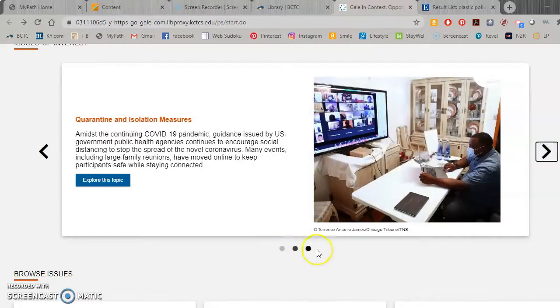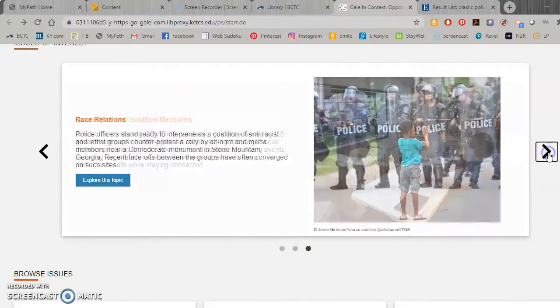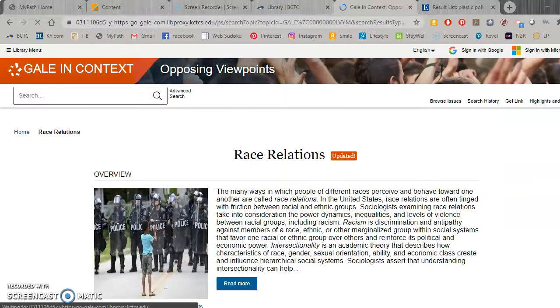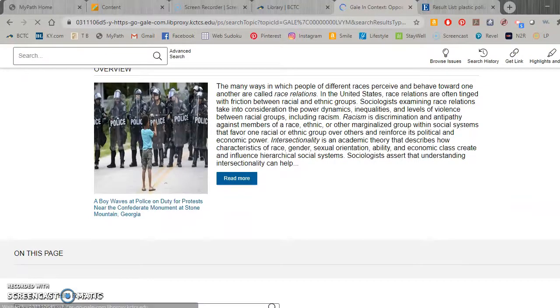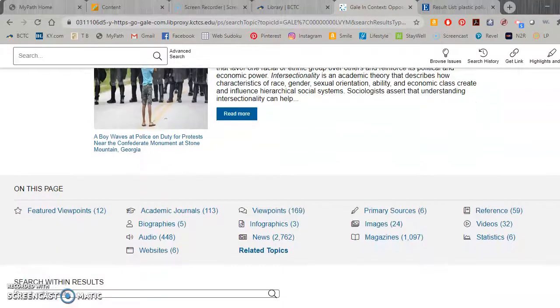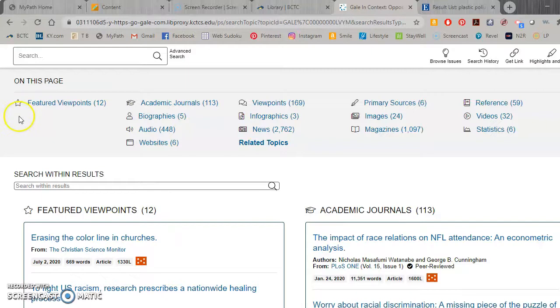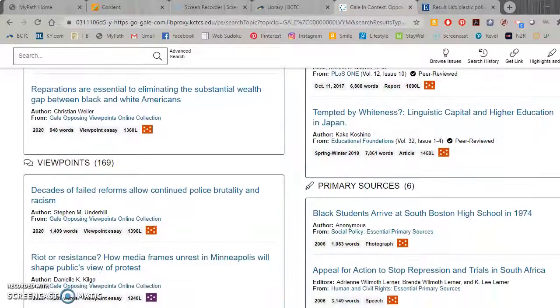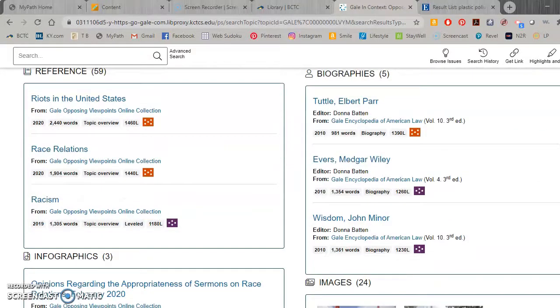You can click to see that there are 3 different ones: quarantine and isolation measures, race relations. Okay, so those are 3 topics they pulled out. Then you can click to explore that, and what it will bring up is a set of sources on that topic. And you can see that they have already broken this into some viewpoints articles, academic journals, biographies, audios, websites, viewpoints, infographics, news, primary sources. Okay, so it's already broken it down that way, and then gives you some of the titles that you can look at. And similarly to